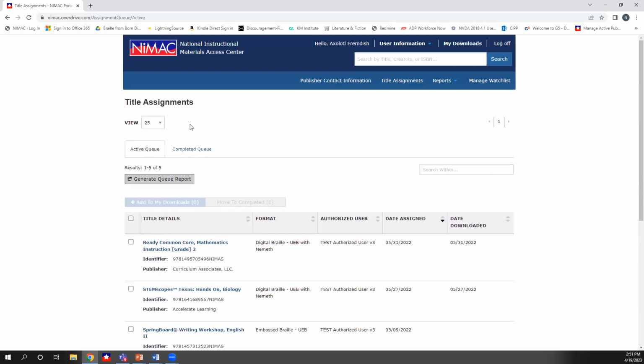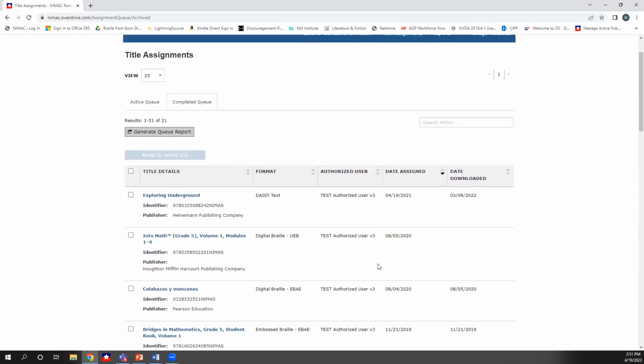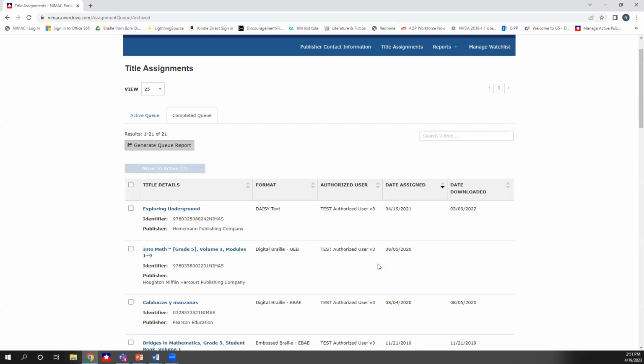If you actually have that many, though, one of the things that I like to point out to folks is that you have an active queue, which is going to be the default where you land, but there's also what's called the completed queue. It's an optional thing, but it's a place where you can put your files after you've downloaded them, and you just don't want to see them in your active queue anymore. The thing that's kind of nice about the way the system works is that if you've downloaded something and moved it to the completed queue, you can still move it back. If for some reason something comes up and you're like, oh my gosh, I really need to download that file again, you can. You don't lose it.